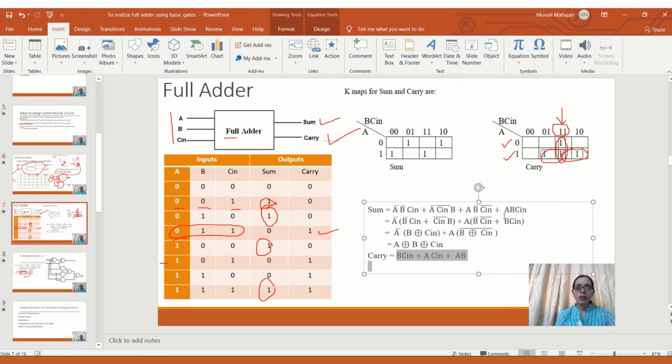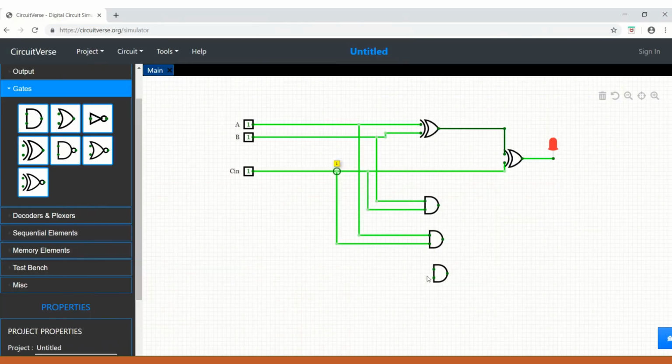And the last term is AB. So I will make it now AB. That is A, here A and last is B.